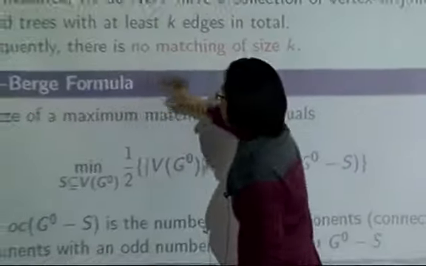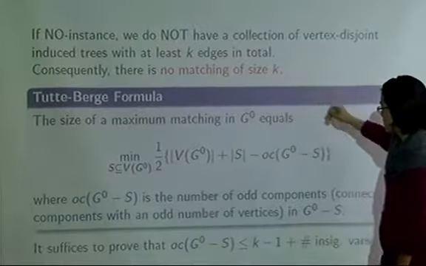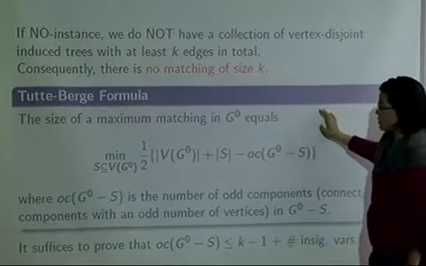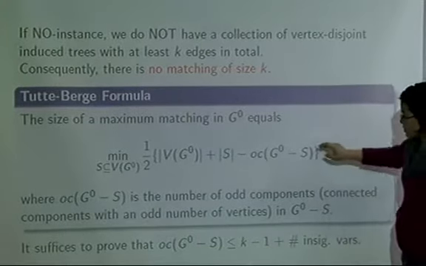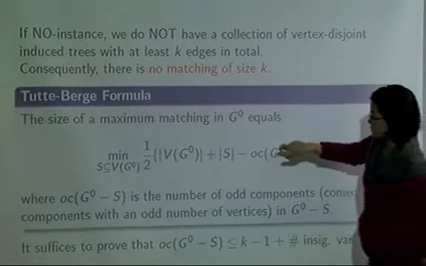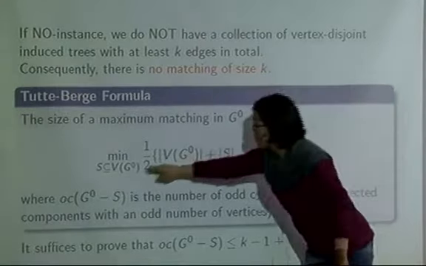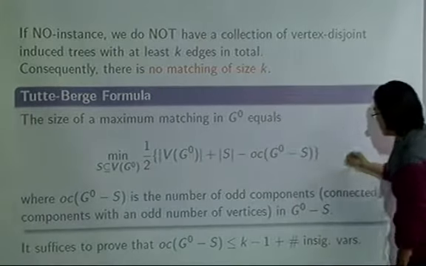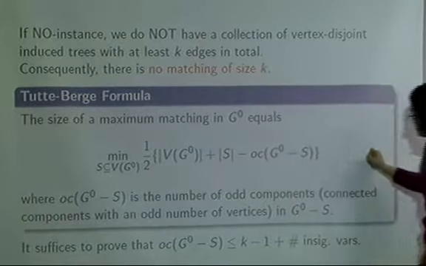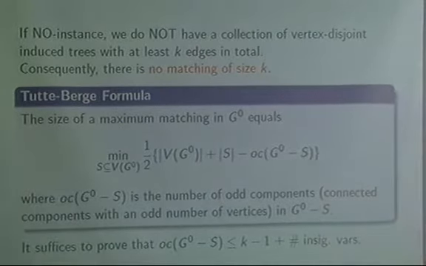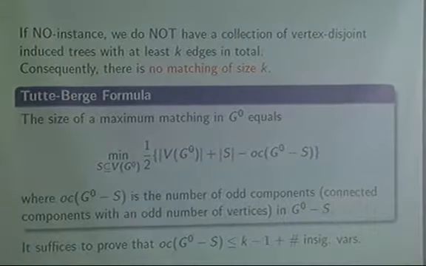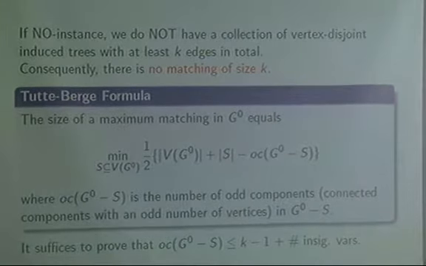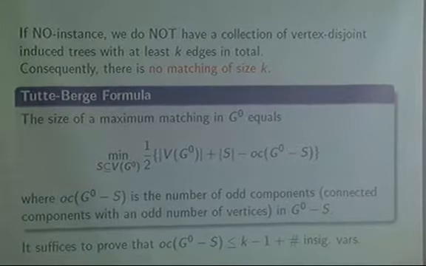There is a famous formula, the Tutte-Berge formula, which characterizes the maximum size matching in a graph. That formula gives us that this number is less than k, because we don't have a matching of size k. And if you just manipulate this,